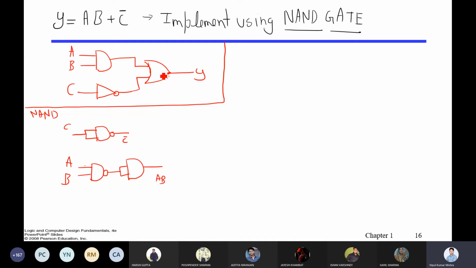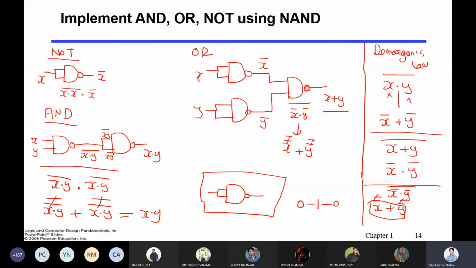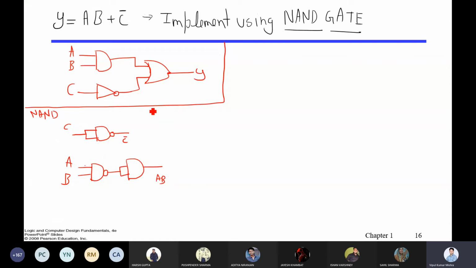Now what I have to do? I have to make the OR gate. If you remember, let me go back. If you remember the OR gate using NAND, what you have to do? First you pass this output here, then this output here, and then merge them together. So let me draw it for you. This will be passed to the NAND, then this will also pass through the NAND, and then these two will go to the NAND, and here you will get your final output.